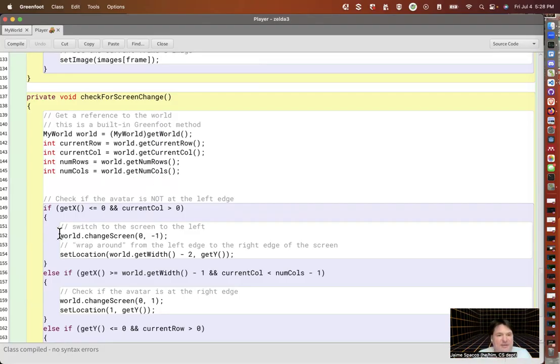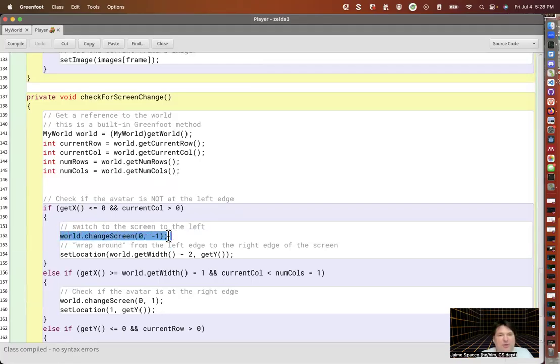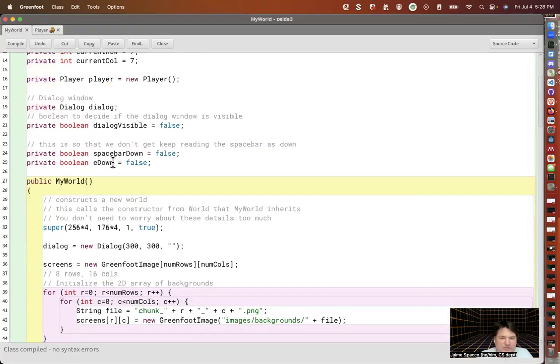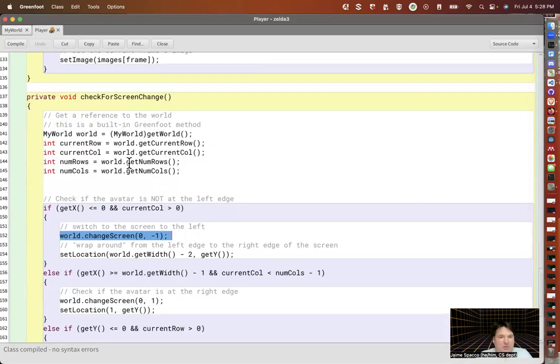So if that's the case, I'm going to do world.change screen 0, -1. Now, again, this change screen, what does this do? Let's look at it. Delta row, delta column. What are we saying here? Well, we're not changing the row. We're not moving up or down, but we are changing the column by -1. Why? Because we got to the X coordinate 0 and our column indicated that we could move left. So if that happens, we change the screen, right? We just go ahead and fully change the screen